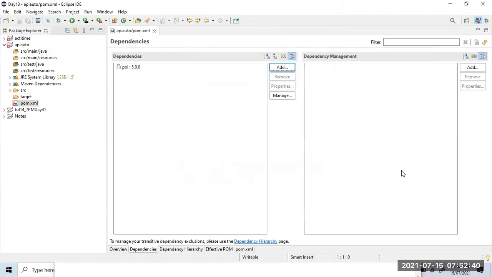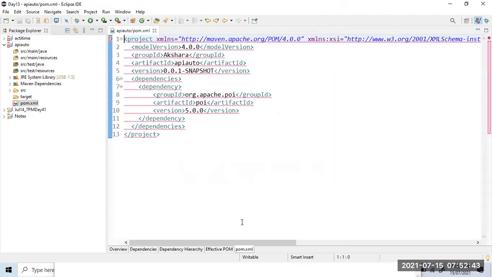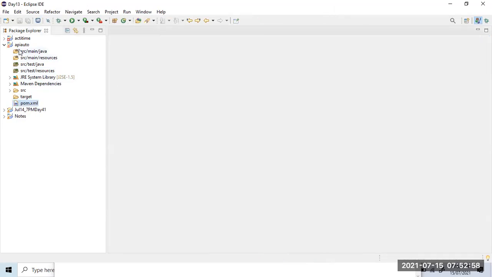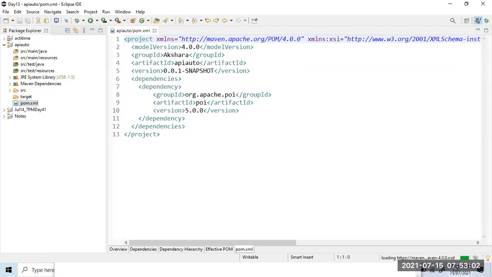Okay, and once it is done, let us go to the last tab, which is pom.xml. Now I hope you can see that there is an entry made. Until it is completely downloaded, you will get an error message in case you have any internet issues. So you can ignore that. Not an issue. Now I'm getting a problem. Let us see what that is. The problem is solved. As you can notice, the error disappeared. It takes a couple of seconds to download. I hope you can see it in the right side button.